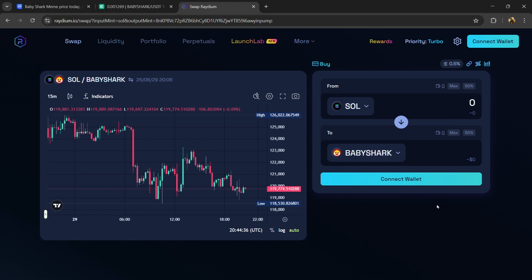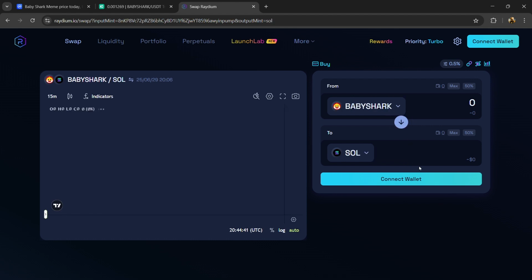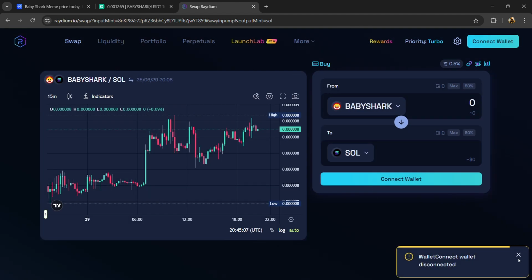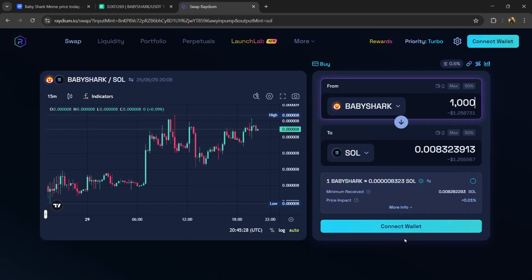And if you want to sell this token on this decentralized exchange, then click on this arrow, and again you need to connect your wallet or mobile wallet from this exchange, and here you will enter the number of tokens that you have, and finally you will confirm the transaction. Then you will receive Solana in exchange for this token in your wallet. So in this way you can buy and sell this token on centralized and decentralized exchanges.